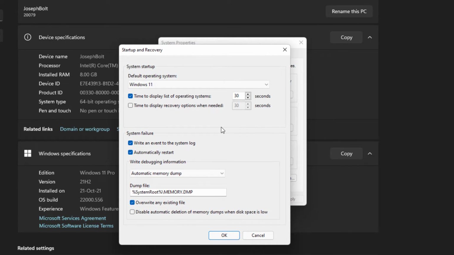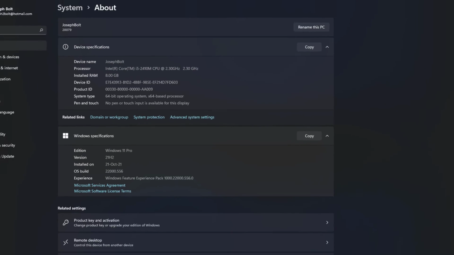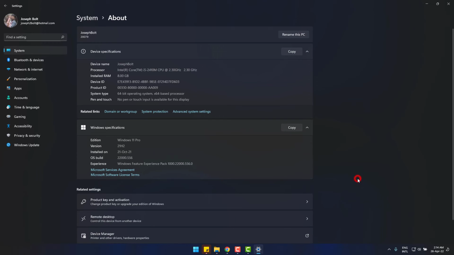Now simply uncheck automatically restart. And this is responsible for the issue you are facing. Click OK and done. And this will fix the problem or issue in your PC if your PC